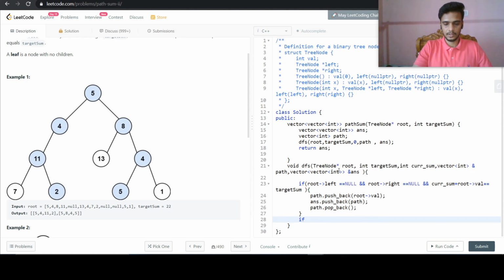And so, if it is a leaf node, then we will handle this, or else if it has children, so if root dot left is not equal to null and also root dot right is not equal to null, then in that case we'll do a DFS.